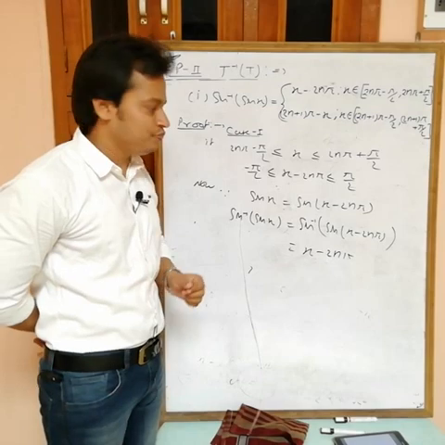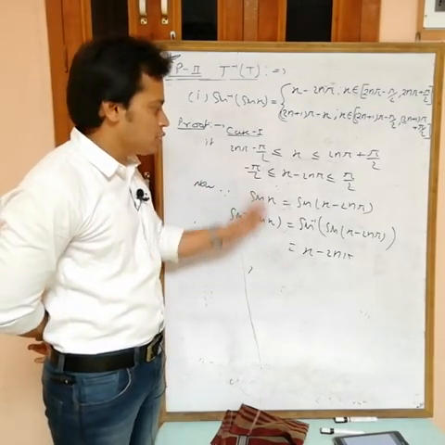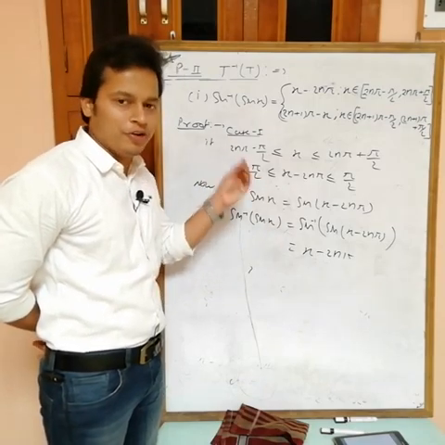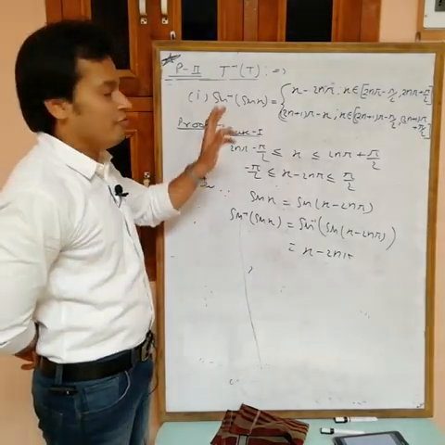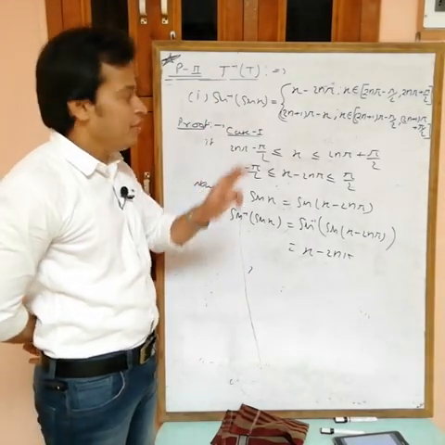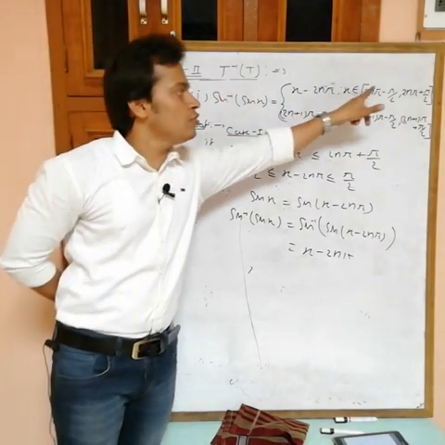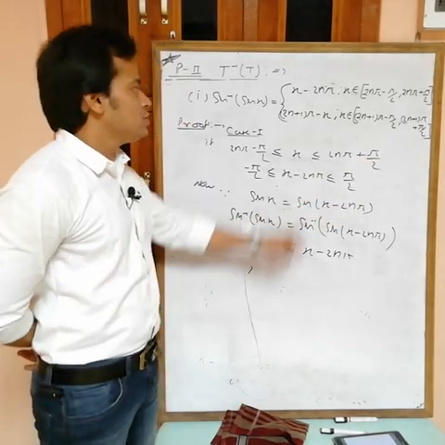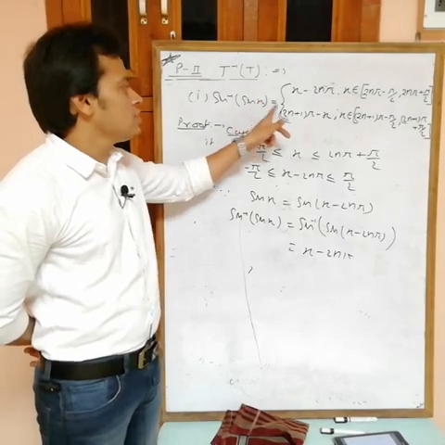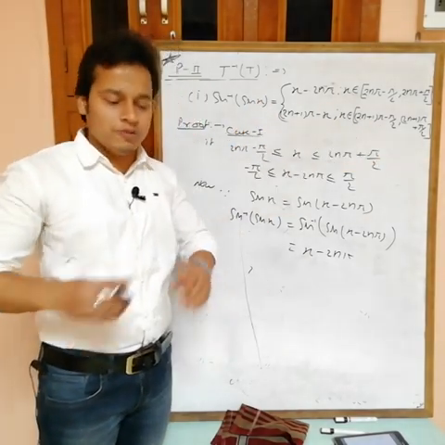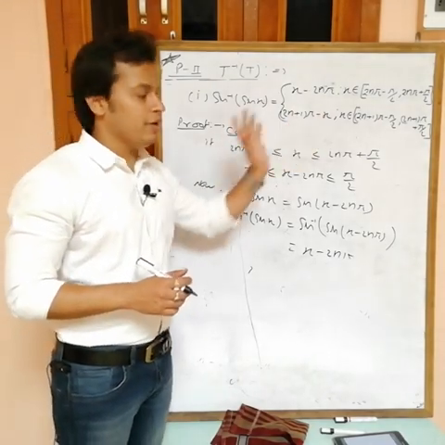No problem. But believe me, at the end you have to remember, this is just a proof. If you forget this also, no problem, but remember the formula. We have to remember just two simple lines. In case of sine inverse sine x, if x is near an even multiple of pi, then the answer is x minus that even multiple of pi. In sine inverse sine x, if x is near an odd multiple of pi, near meaning from before pi by 2 to after pi by 2, then the answer is that odd multiple of pi minus x.